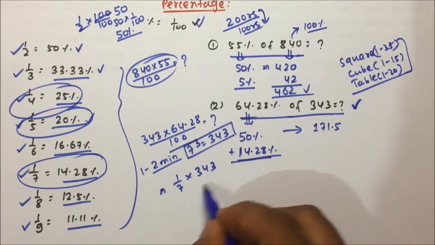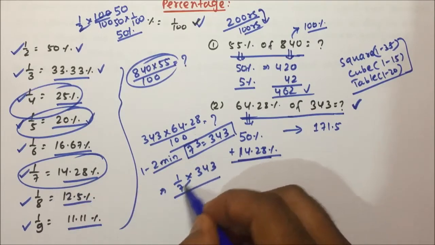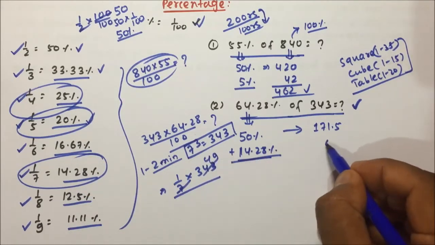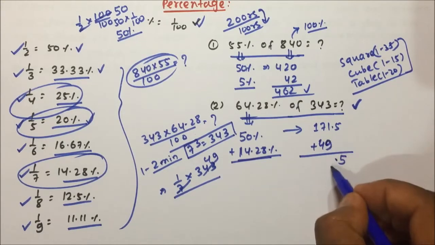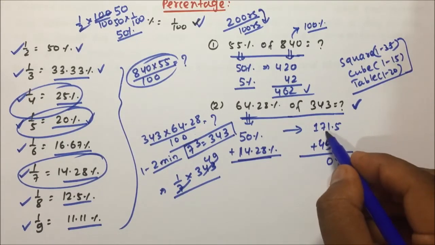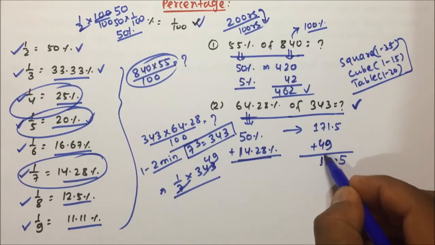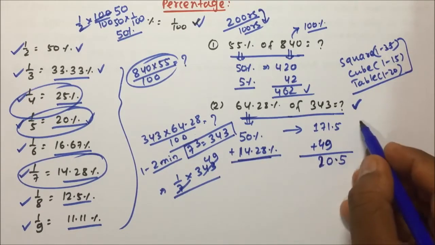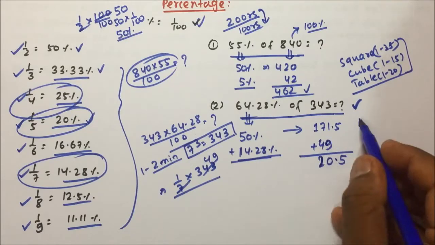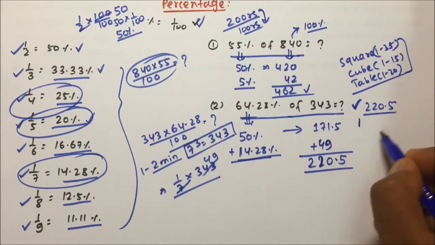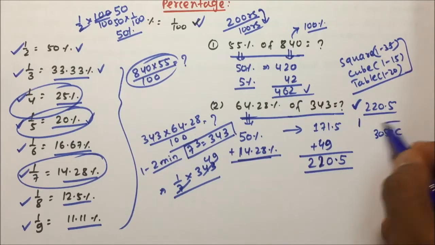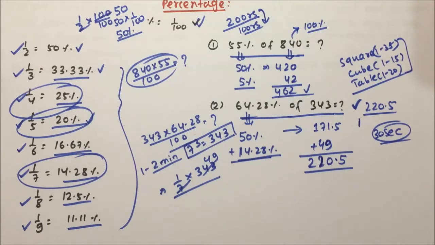Now friends, 14.28% is nothing but 1 by 7. 1 by 7 into 343. I know this is nothing but 49. Add this 0.5: 9 plus 1 is 10. 1 is in hand. Then 7 plus 4 is 11, plus 1 is 12. So 220.5. You know, within 30 seconds you will be able to solve this. I am not praising myself, but the trick whatever we have is very much sufficient to solve the questions